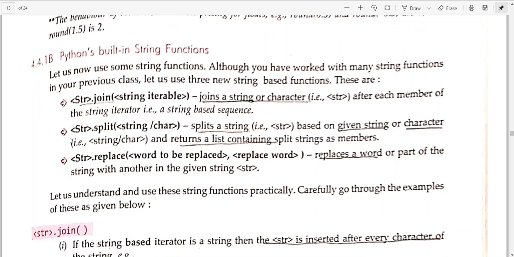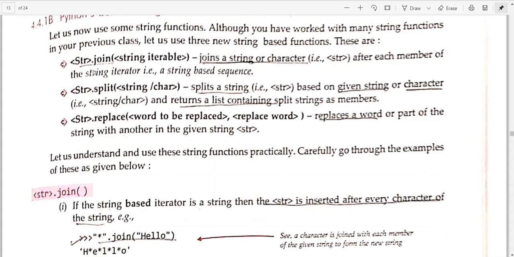Okay, so now let us study Python's various string functions. Using a string and attaching a particular function to it, you will be able to do multiple things at your convenience. Okay, so you will pass a string, and you will be using this join function, which will help you join various things together.